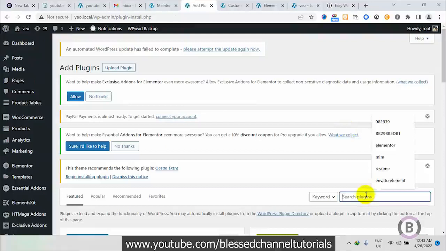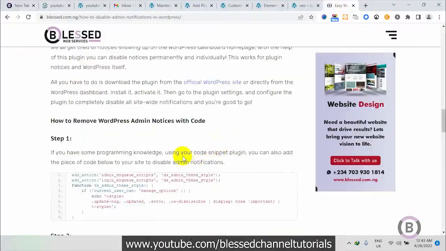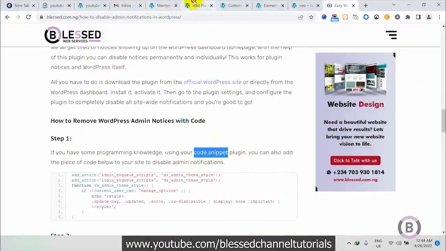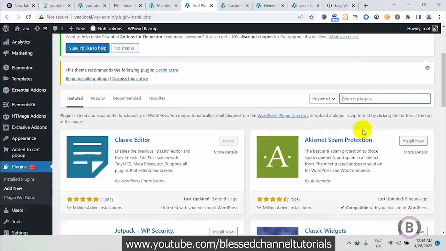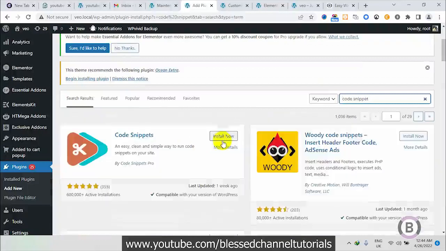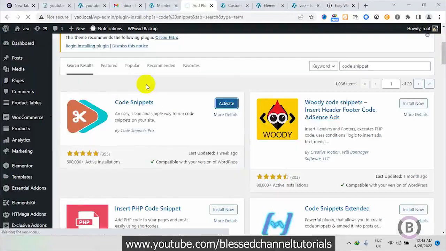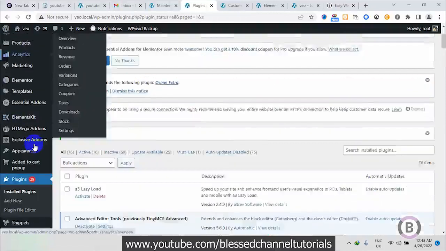I'm going to search for code snippets, because I'm going to show you two broad ways, and one of them uses code. Now I'm installing this particular one, code snippets. I'm activating it. Okay, with that done,